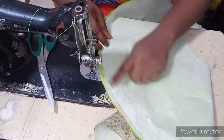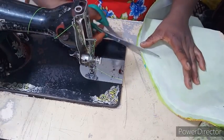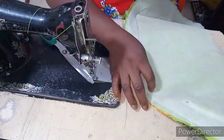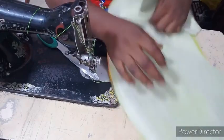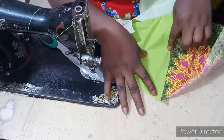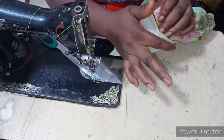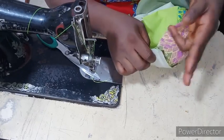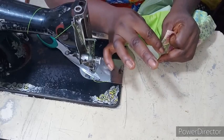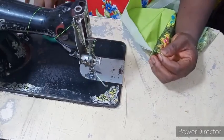So after sewing it round, you will notch or trim, whichever one. The sewing allowance, you should notch or trim close to the edge. Then you can top stitch on the lining part like this, putting your sewing allowance inside. This is your sewing allowance, which means you must have trimmed or notched, whichever one. Then you put your sewing allowance inside and you top stitch. But I'm going to be using hemming gum while ironing to